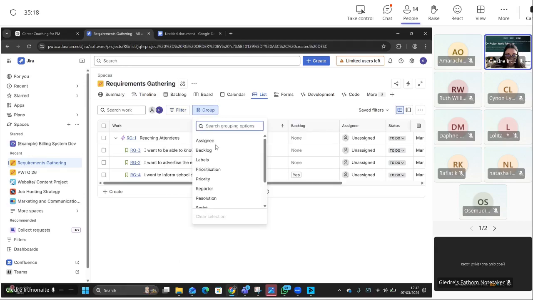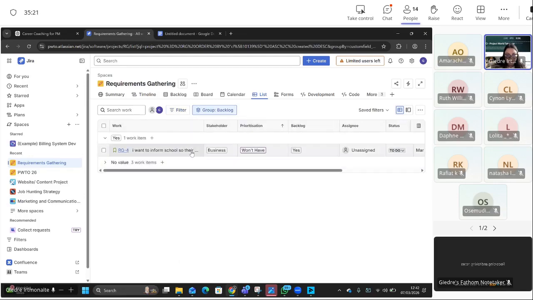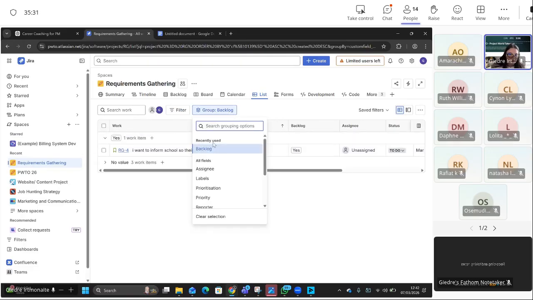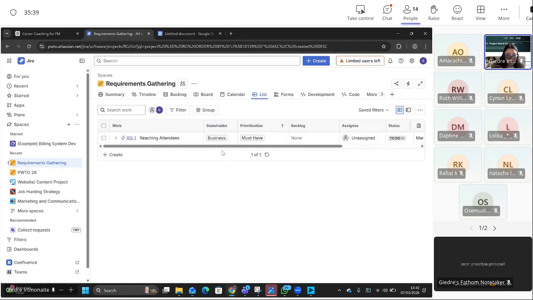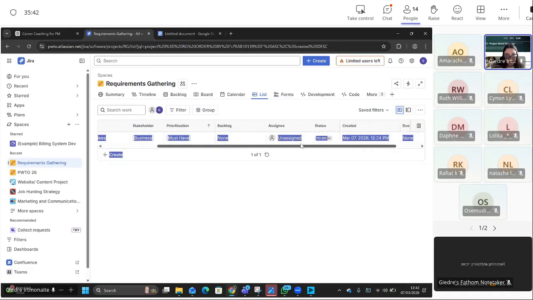Okay, go through the groups. So can you see how we group backlog? It allowed us to just see, yes, which items are there. So it becomes easier for you to extract it and compile. So that's another reason why I recommend having a backlog on it. And then the last bit that we spoke about is